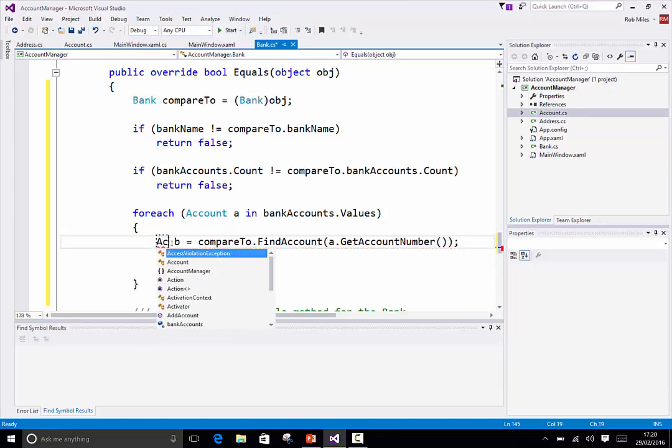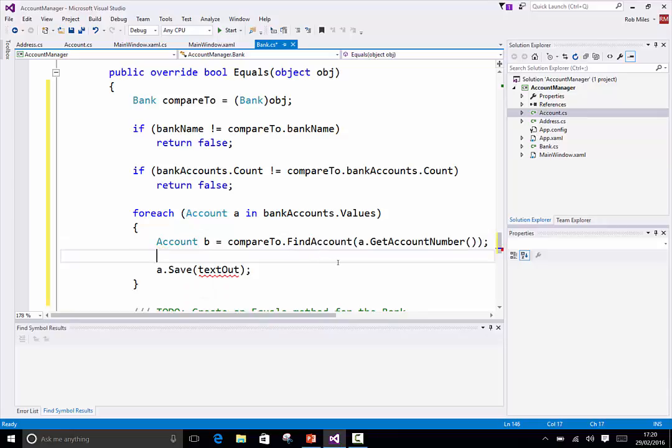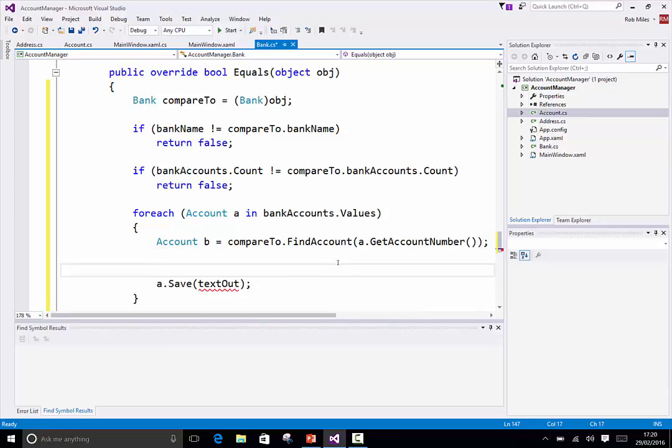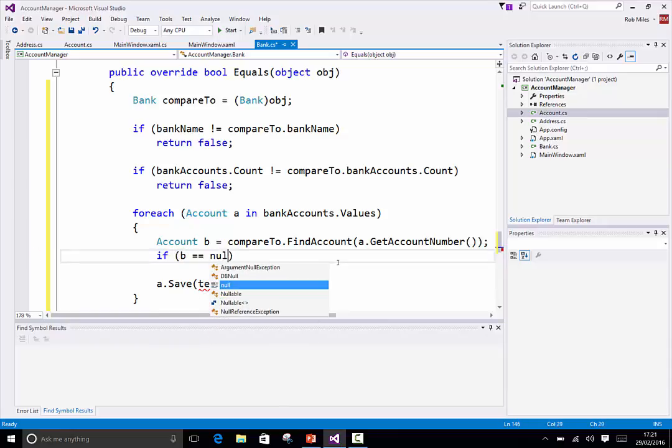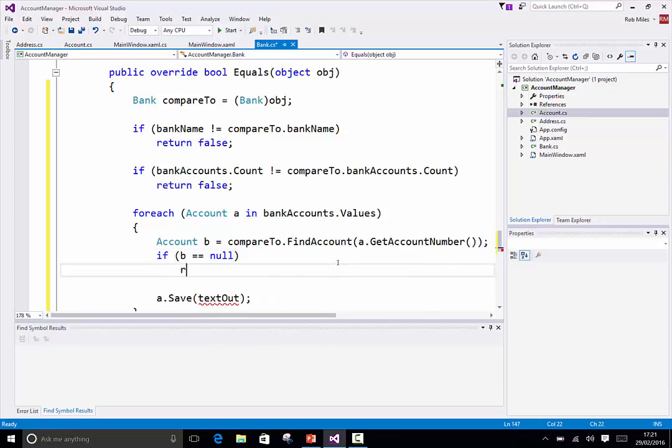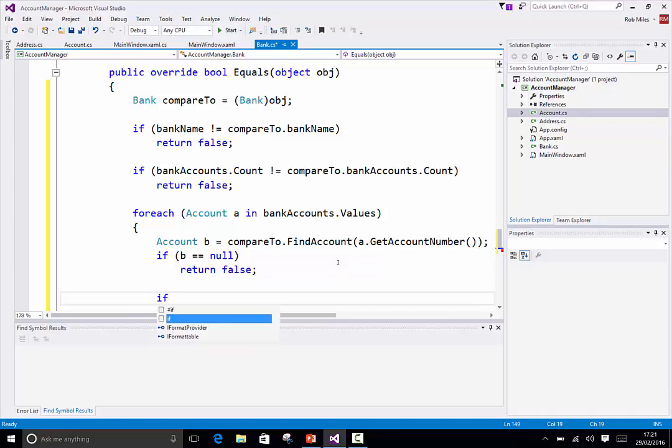Oh, that's even worse. Okay, so find the other accounts. If the account can't be found, what does that mean about the banks? They are different. If B equals null, because null means I couldn't find it, return false. And now we go if B A dot equals B, we're good. So I'll put a not in front of there to reverse that. And again,